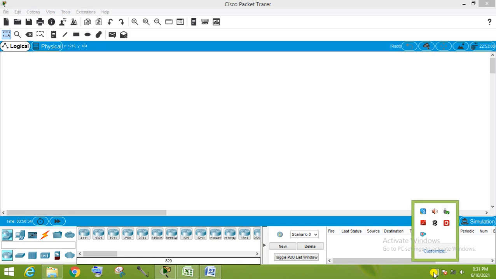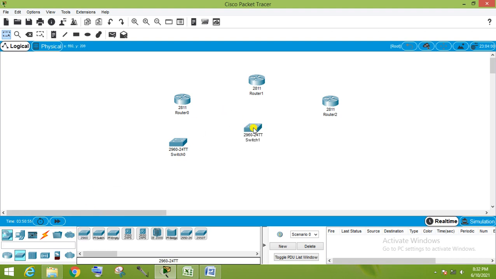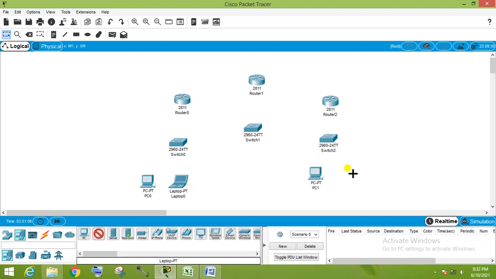First of all, we create a topology to verify all these things. Now I am doing it fast. I am taking one router, two routers, three switches, three PCs, and a server is also here.